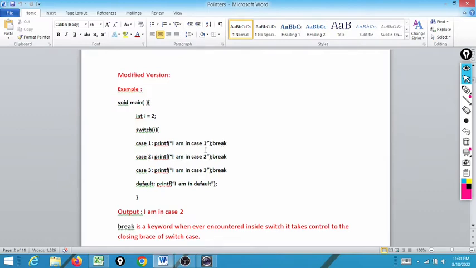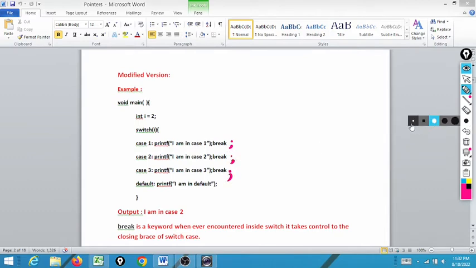Same program, but after every printf statement we are using something known as break. So what is break here? Again, break is a keyword. Whenever encountered inside the switch, it takes control to the closing brace of the switch case. So what we are writing here: if I is equal to 2,